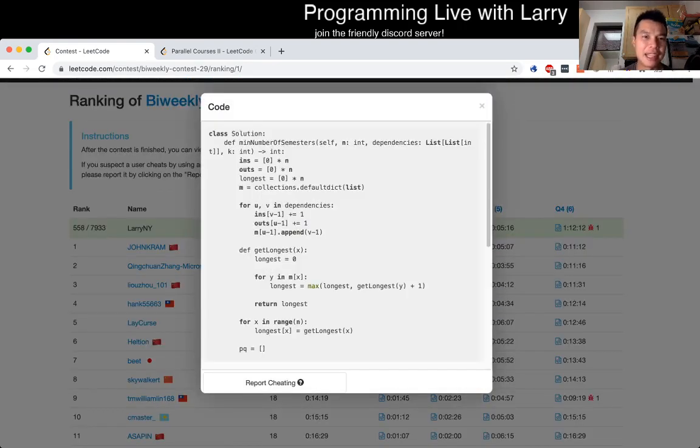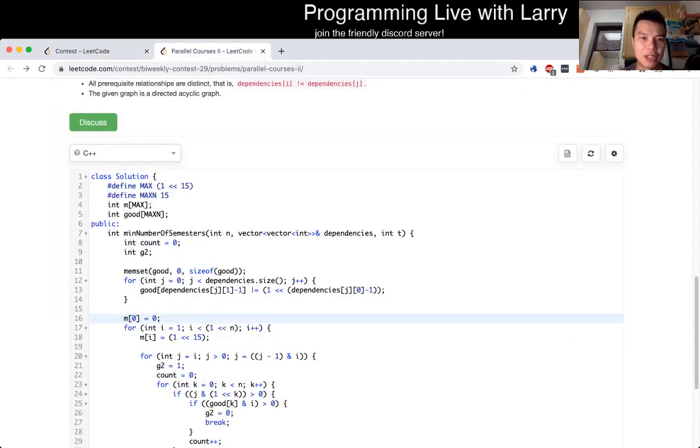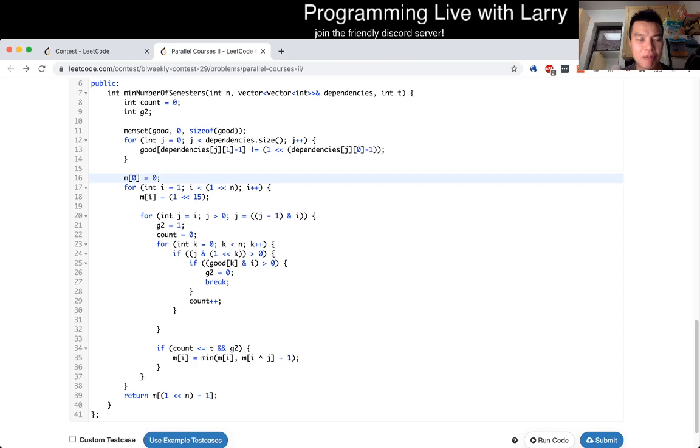So yeah, I did get a request to explain the bitmask solution. It's not easy, but basically it's just brute force in a way. I'm going to explain a little bit, but if you already got the greedy solution, then it's okay. But basically the bitmask solution,